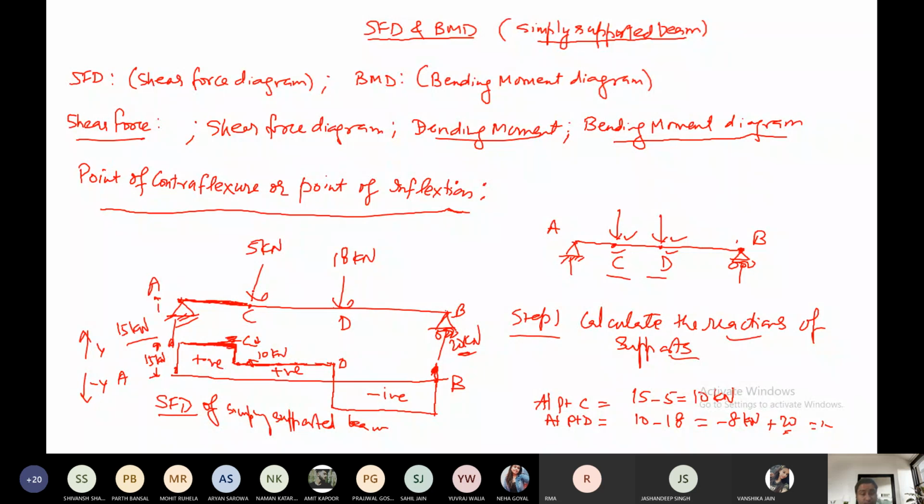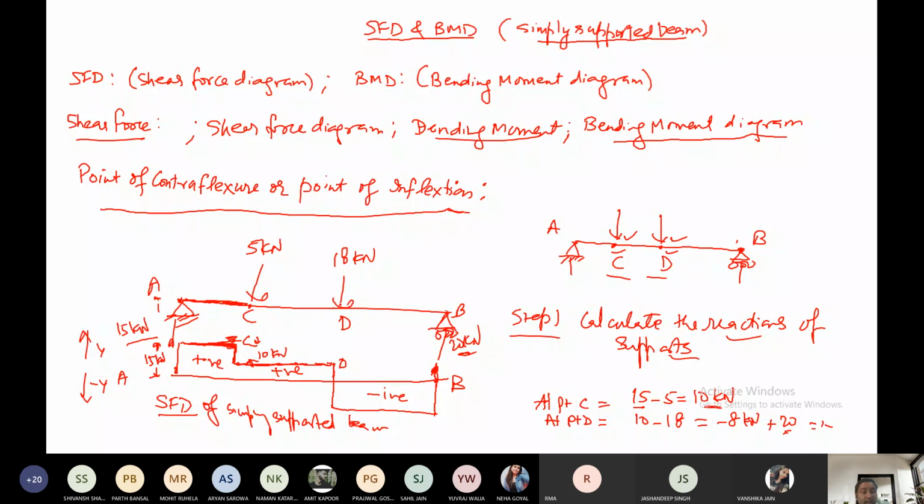Now at the point C, what you are getting here? You are getting it down of 5 kilonewton. So I have written here at the point C, 15 it was earlier up to point C. So it will be 15 minus 5, that will be 10 kilonewton. So I have reduced it 15 to 10. So I have just marked it here 10. After this, you can see C to D point, there is no force here. So this will be again a constant straight line up to point D.